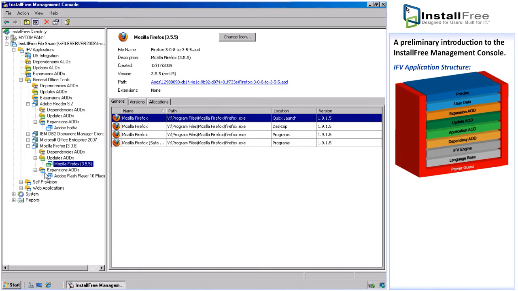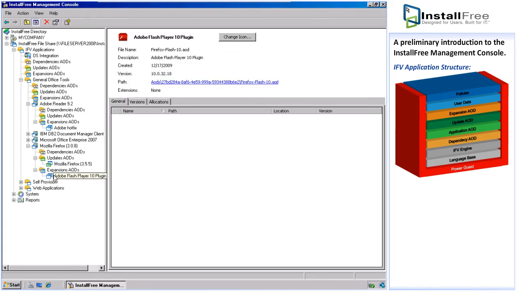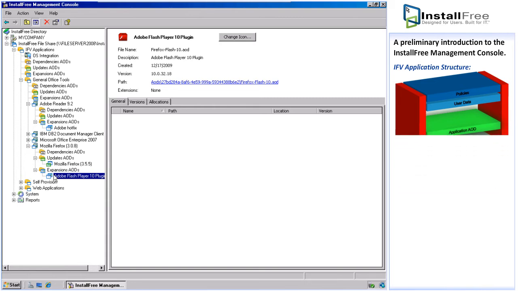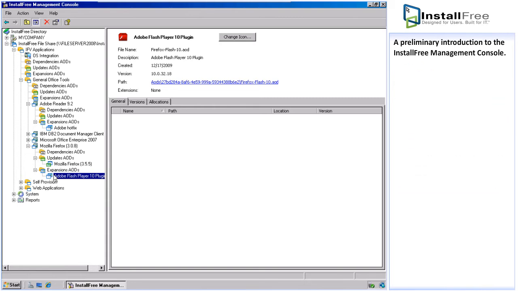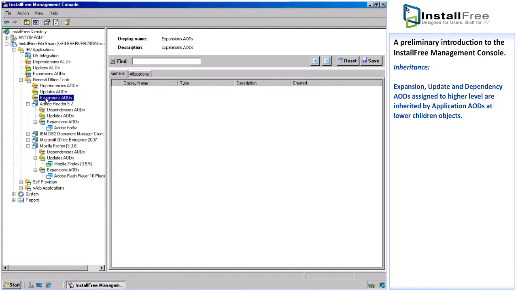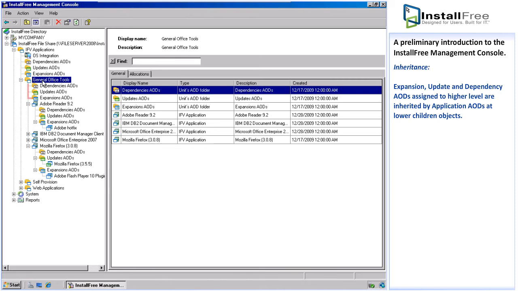And under the expansions, you can see a separately packaged Adobe Flash Player. And again, you have to remember that all these sub-AODs dynamically bind into the parent application AOD at runtime on the host machine. Another thing I want to emphasize, and this brings us back to the inheritance feature of the tree, is that if, for instance, I was to add an expansion AOD to the General Office Tools applications container,